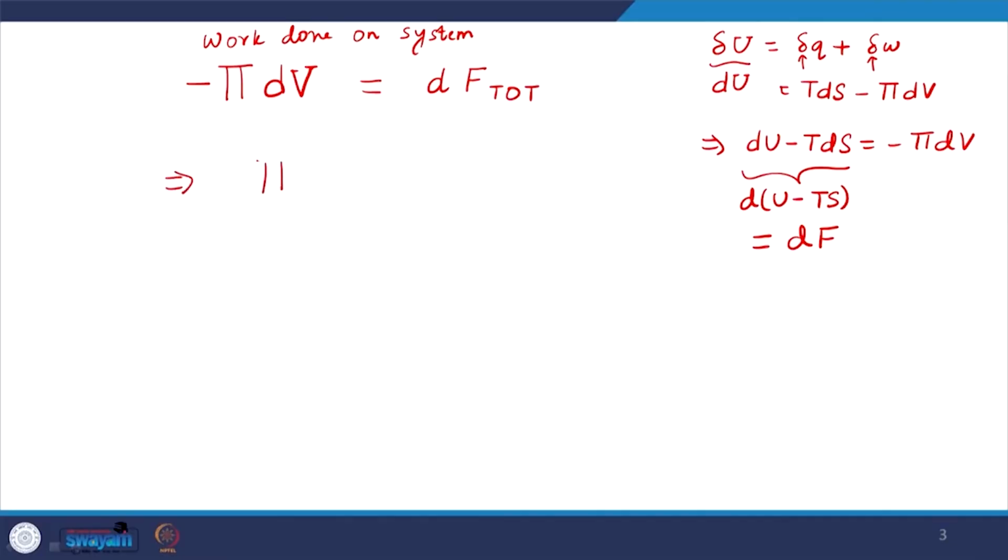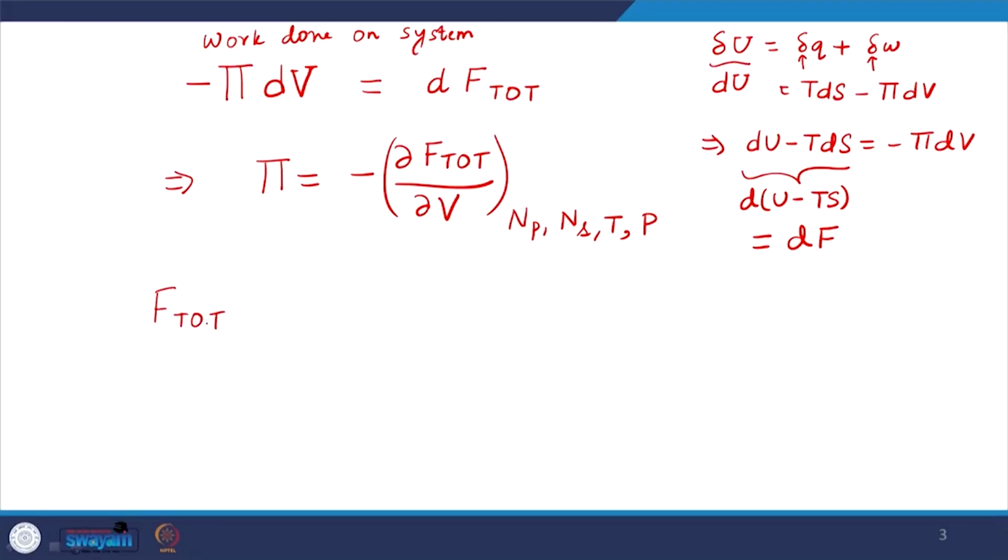and therefore, we can define pi as minus dou f by dou V, and that is happening at constant values of the number of molecules, the temperature and the pressure of the system, right. So, in this case pressure, if you think about it, is inconsequential, because we are assuming both pressure and volume to be related, because the system is incompressible. So, essentially temperature is the one that is more important, so to speak. So, now